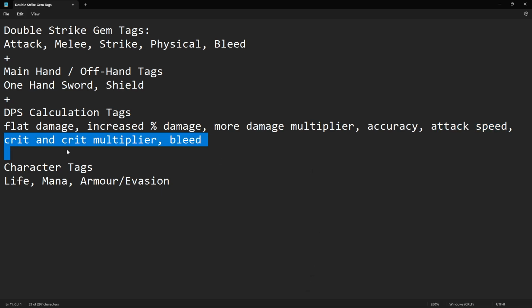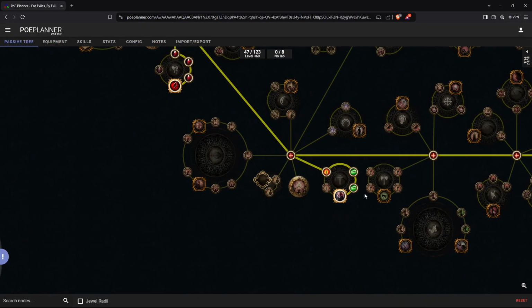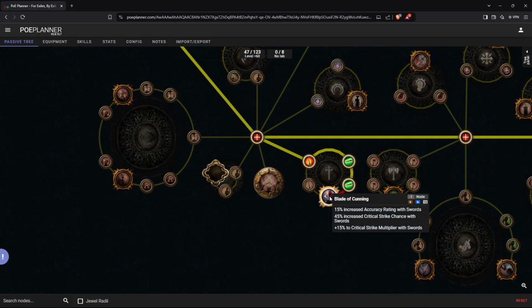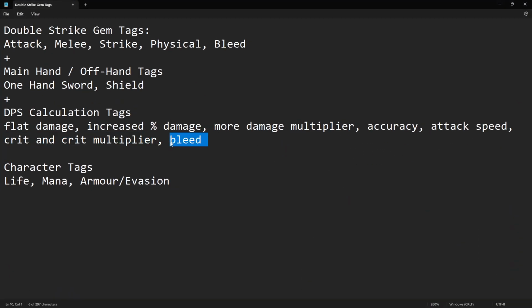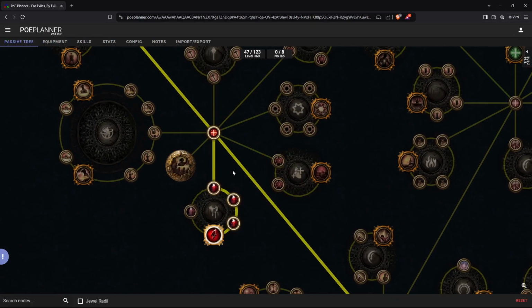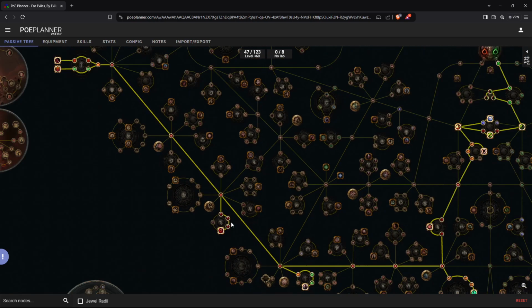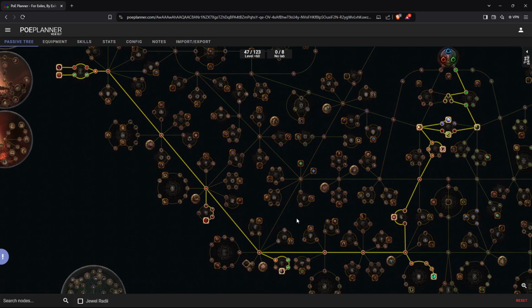And crit and crit multiplier. Do we have crit and crit multiplier? Yes, we have crit and crit multiplier by picking Blade of Cunning, with crit chance, and crit multiplier with sword, check. And now do we have bleed? Yes, we do have bleed. So we have here scaled some damage multiplier with bleeding, right? Check. So we have hit every single DPS tag